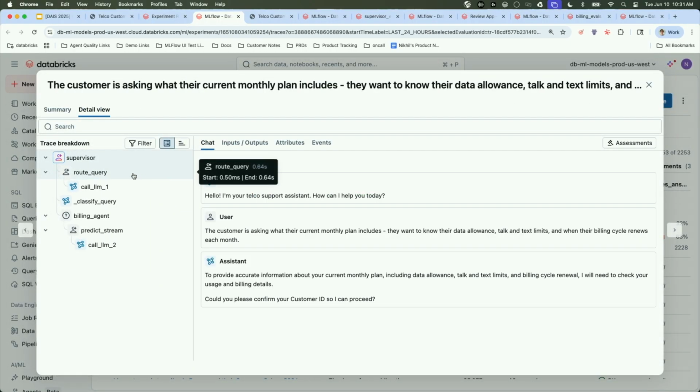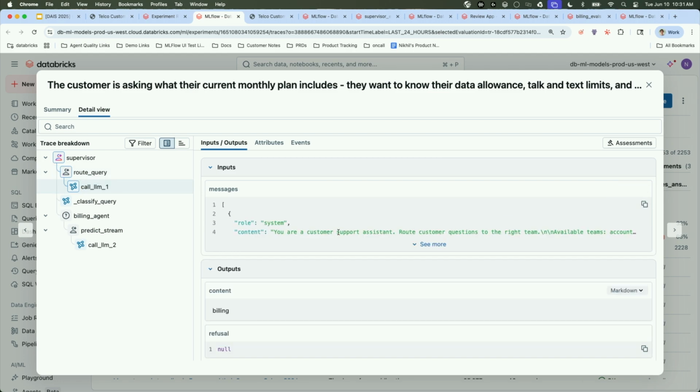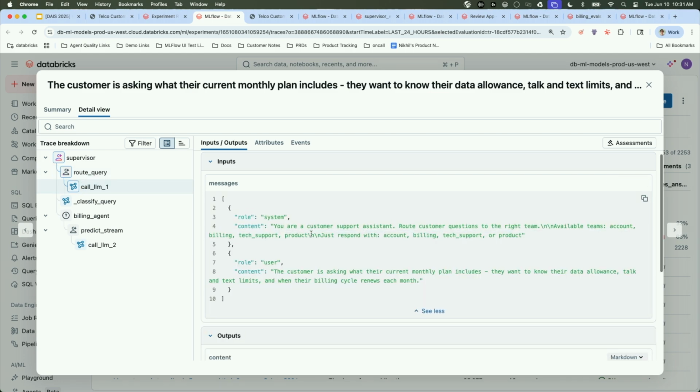And now when I want to debug, I can go through step by step. I can go into the router, and I can see, OK, they're asking about data allowance, talk and text limits. But wait, this is being routed to my billing sub-agent. All right, that's a little bit odd. I don't expect that. If I go one level deeper, I can actually see what is being sent to my support agent. And I can see the system prompt here that's basically saying just route it to one of these